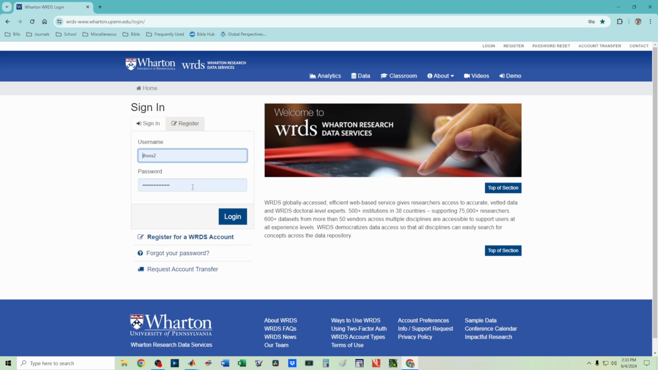Usually to get access to WRDS data, you have to be a faculty member or a PhD student at a university that subscribes to the data. And the subscriptions are expensive. They're prohibitively expensive, so an individual can't really afford the data. We're talking about tens of thousands of dollars per year to be able to get access to some of this data. So if we log in here,